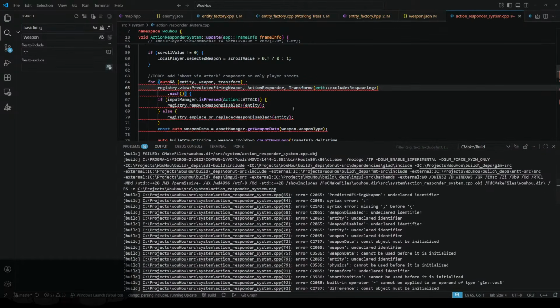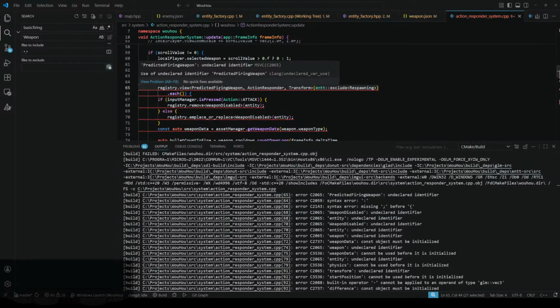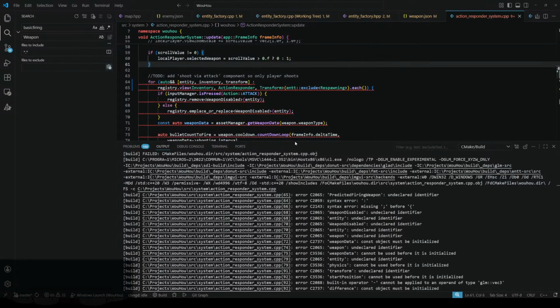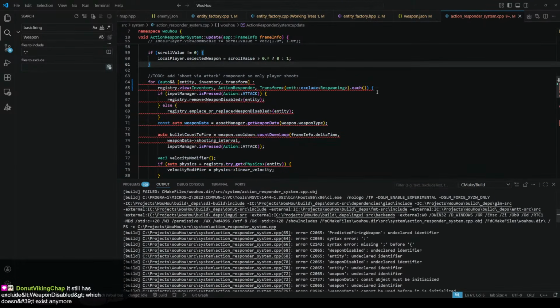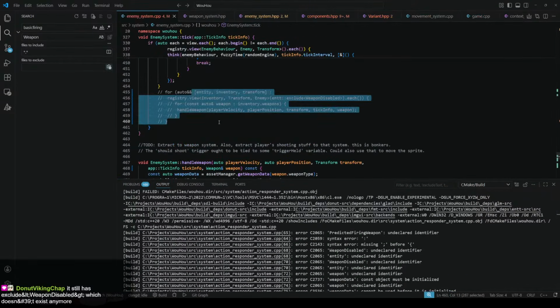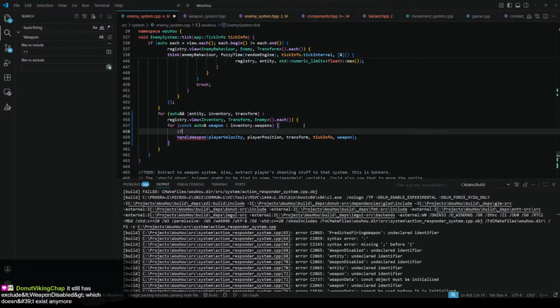He's feeling way better. Let's see, so we want to view an inventory. This should be the exact same problem, right? So if you have an inventory, still has weapon disabled. Ah, good catch. I forgot I got rid of that. If weapon and